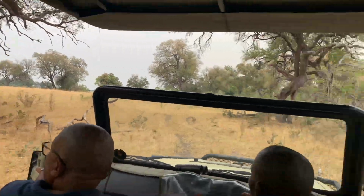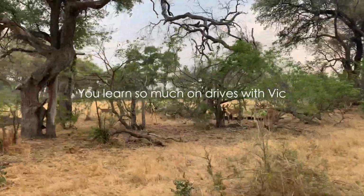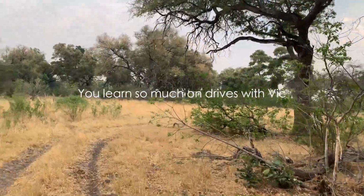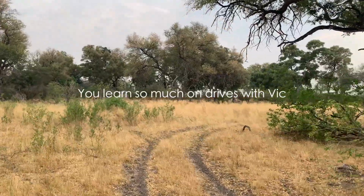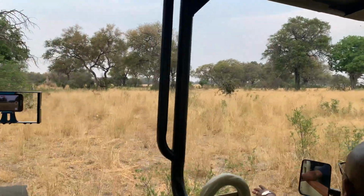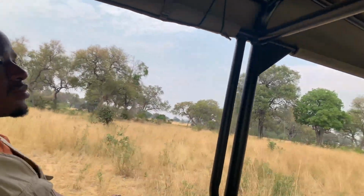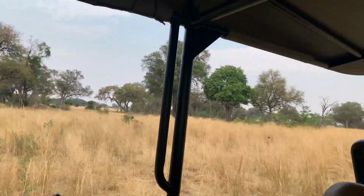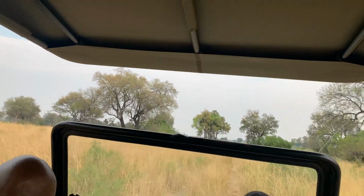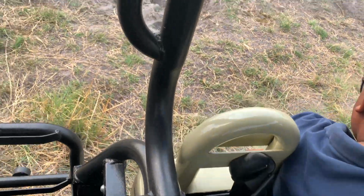One of the most successful of all the antelopes, breeding, and also they are not selective feeders. They will graze and browse, because the grass as well as the leaves, so animals that are like that would be fine all year round, compared to animals that would specifically feed on one type of vegetation, like plant fruits, that would be Impala or